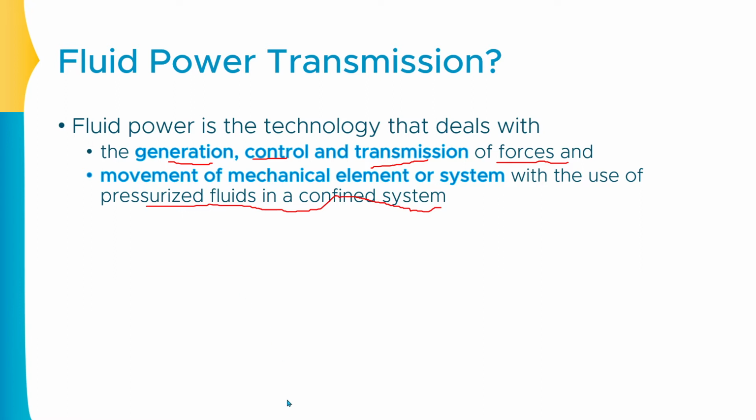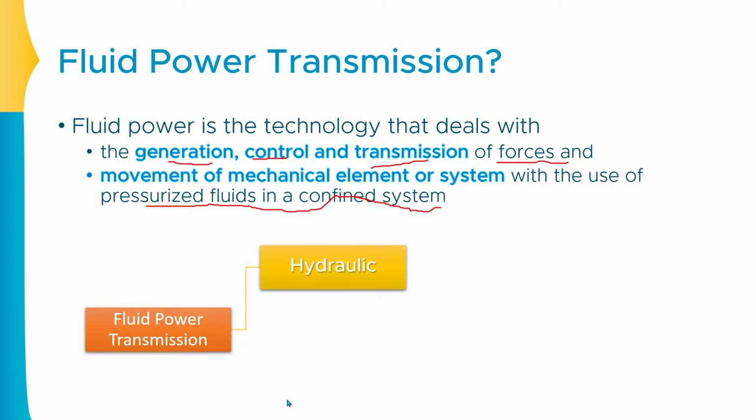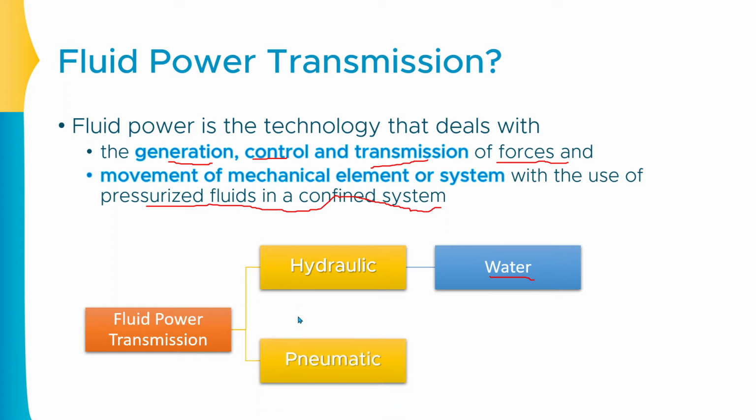Now over here, when we talk about the fluid power transmission system, the two major terms come into the picture. Very first is the hydraulic power transmission, which actually means over here the hydra, the word hydra means water basically. This is a Greek word which means water. And the second term that comes into picture is the pneumatic power transmission. Now what do you mean by the pneumatic? The word pneuma over here, which is used at the initials, the word pneuma means air. And in this specific case we can use air or gas.